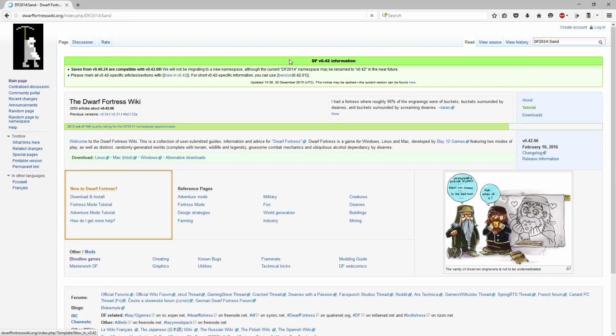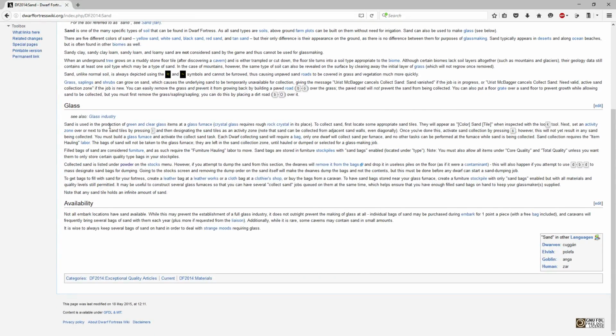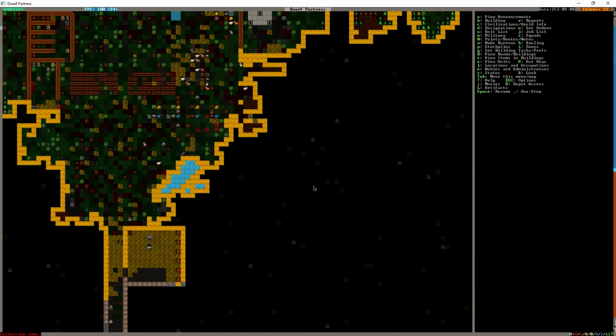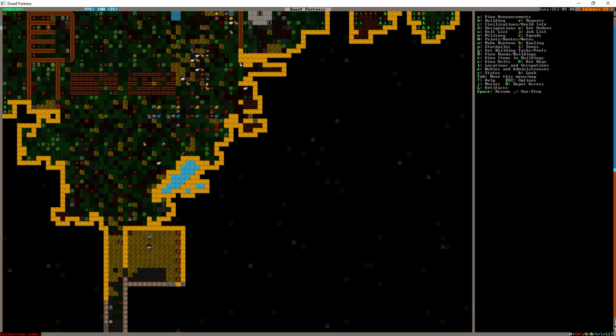Let's just look at sand itself. Sand is used to produce green and clear glass items at a glass furnace. To collect sand, first locate some appropriate sand tiles. They will appear as colored sand tile when inspecting with the look tool. So we go look. I assume these are like sand cavern floor. Sand. I would consider this as sand. So, okay. And then